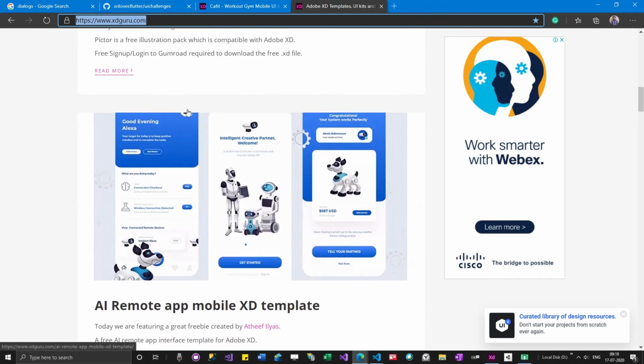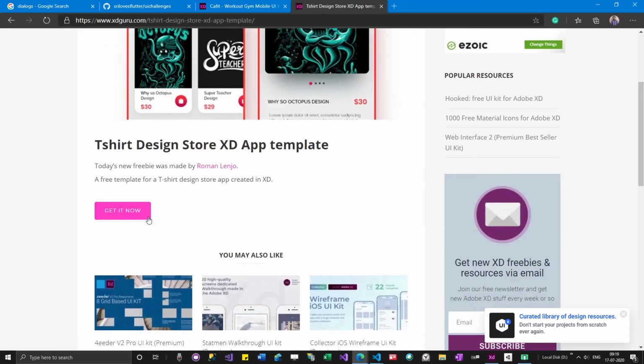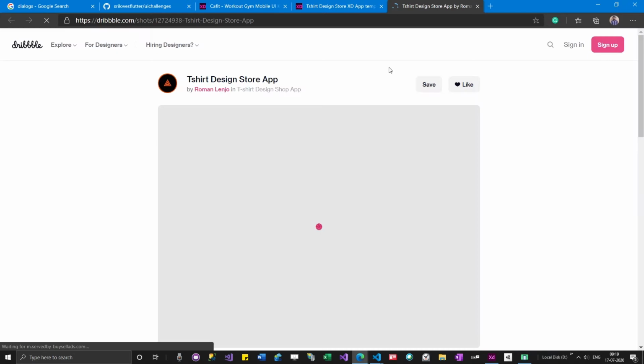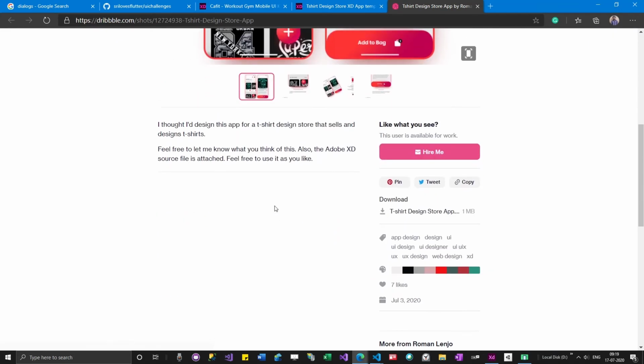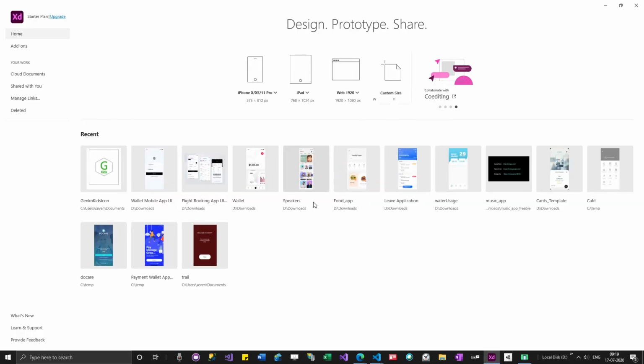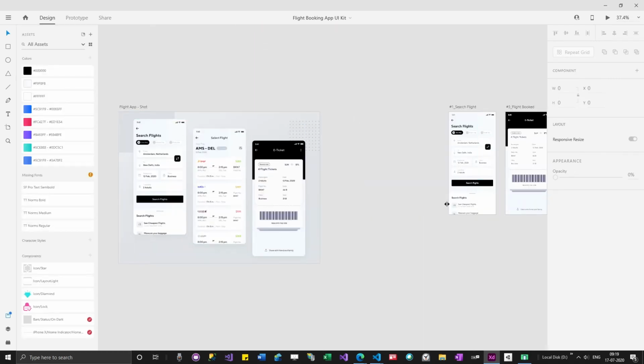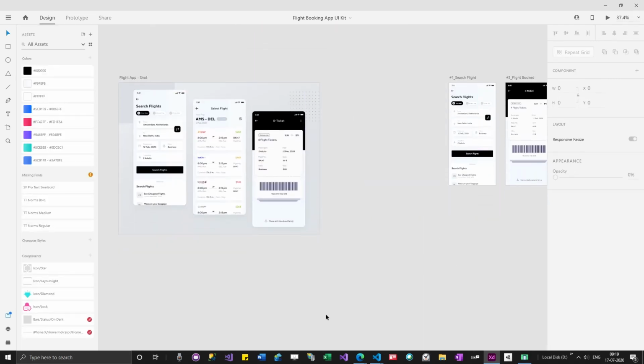Most of these shared projects will share Adobe XD files, so an XD app template. When you download this, you'll be downloading an Adobe XD file. When you open this Adobe XD file, this is how it will load.